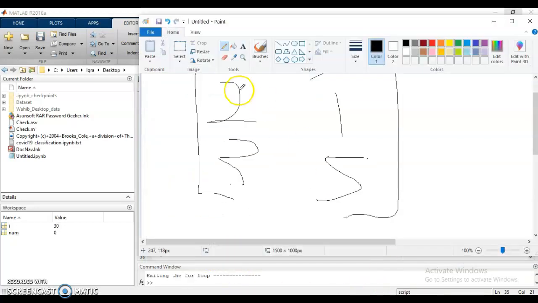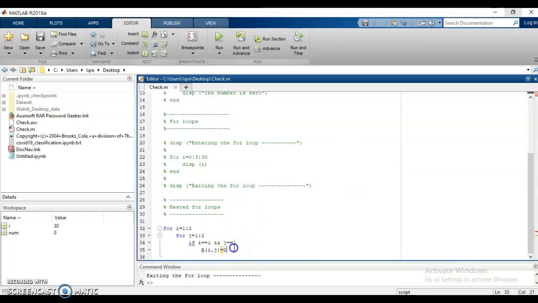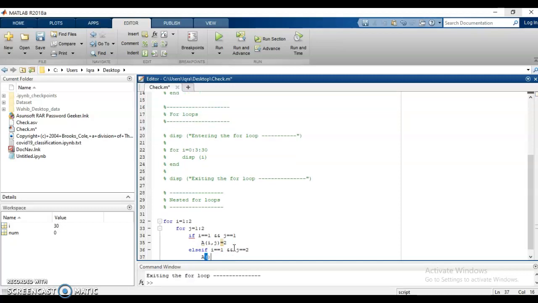We need 2 at the first index, and then we need 1 at the second index, and then we are going to say else if i equal 1, first row and second column, and j equal 2, in that case A at i, j should be equal to 1.